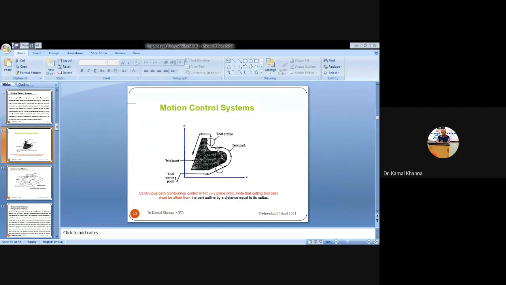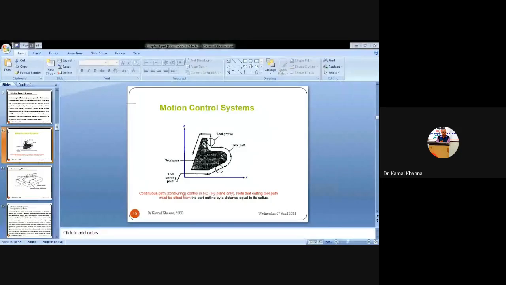That is, if our tool is in a cylindrical shape and you are performing the turning operation, this is the continuous path, the continuous movement of the tool around the complex boundary of the workpiece. So you have to offset the tool away from the boundary of the workpiece, and the distance between the boundary and the axis of the tool will be equal to the radius of the tool. If you define the tool path exactly upon the boundary of the workpiece, then that workpiece will be smaller after the manufacturing.